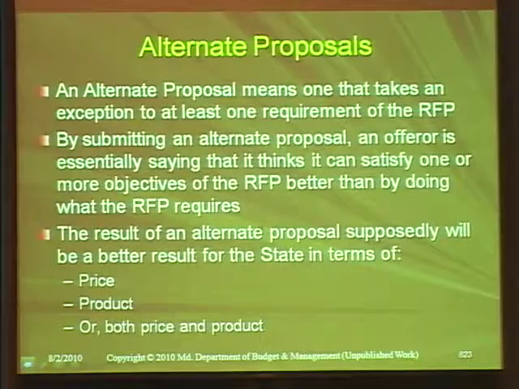Alternate proposal. An alternate proposal means one that has taken an exception to at least one requirement of the RFP. I want to emphasize that. They are saying that something you have said they are to do, they're not going to do. And they're not saying they're not going to do it just because they want to be difficult. But what they are saying to you basically is, we're taking an exception to this because